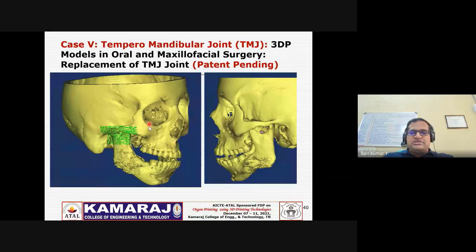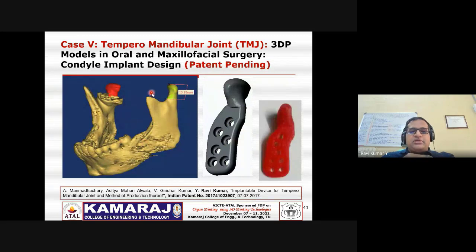So you have the CT images of the patient, and it is being reconstructed, and further we need to release this joint. Why? Because it has been fused. We need to remove this fusion of the joint, and further design this joint through the implant. So here what we have done is we took the dimensions and the form of the surviving side, and copied everything onto the other side